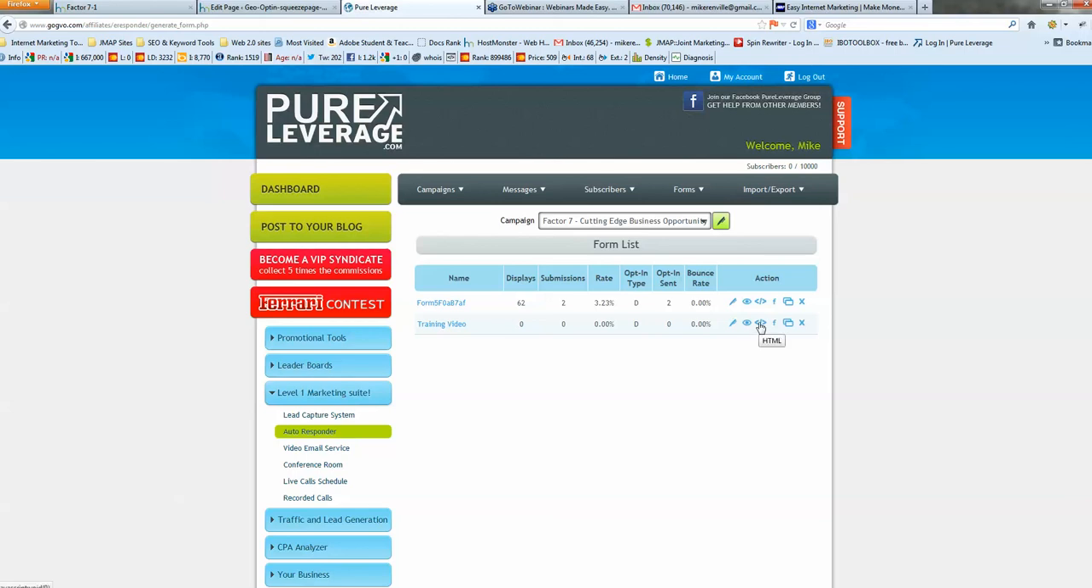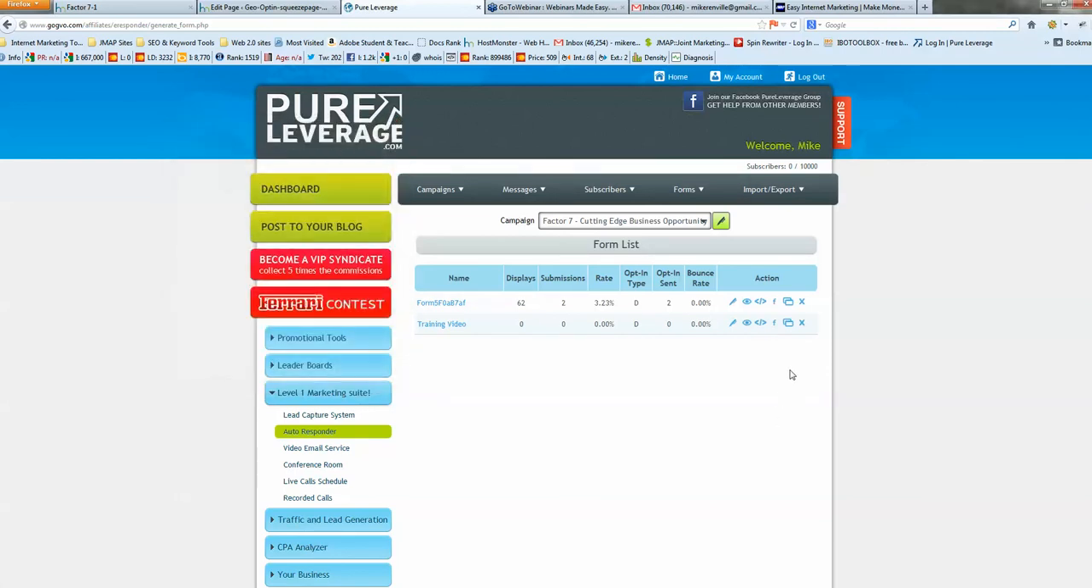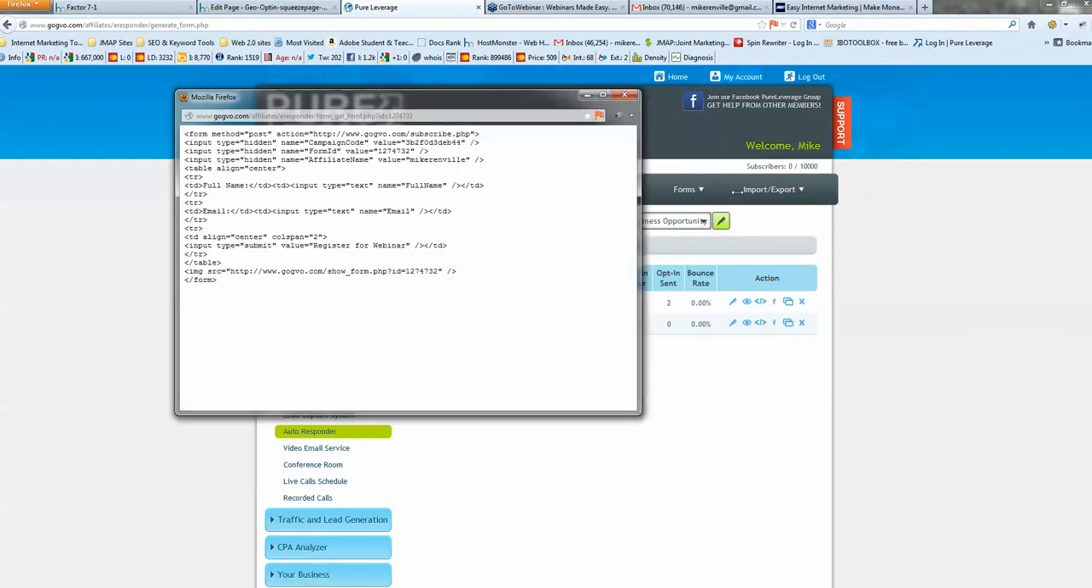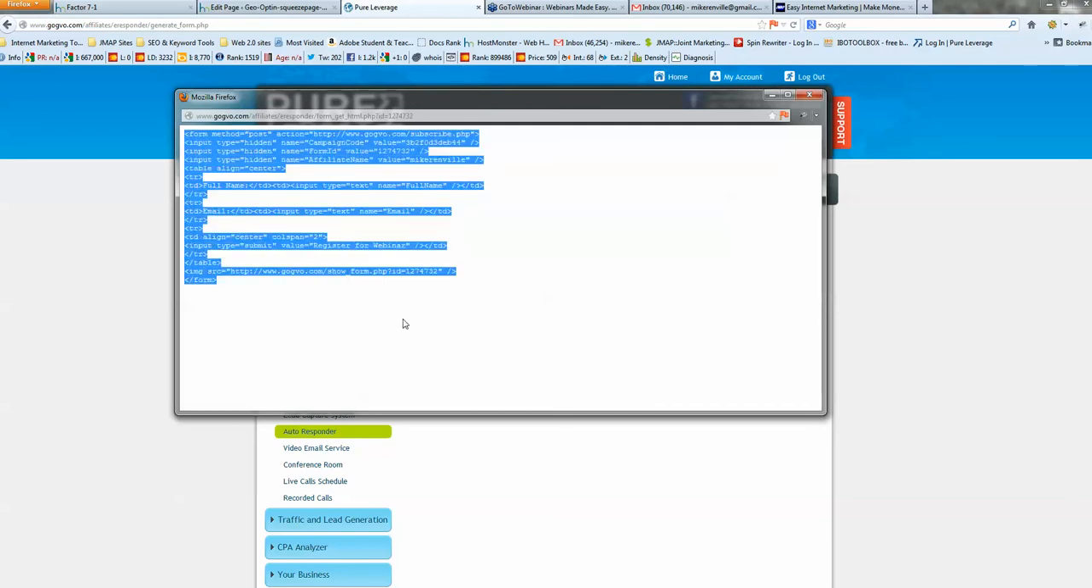And then over here, let's see if I preview. This is what it's going to look like, and that's all correct, so that's good. And then what I want to do is get the HTML code. So I click on this. Oh, sorry, that's the wrong one. I want to click on this one. And here's my HTML. This is what I need to put on my squeeze page to make that form show up on the page and do its magic. So I would copy this,